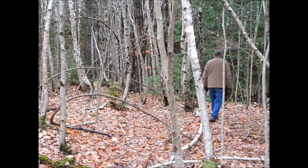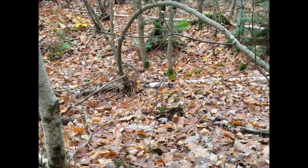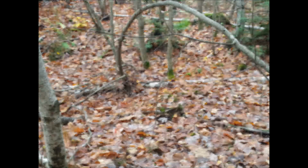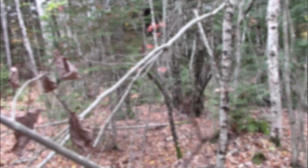And there's Jim giving you a scale of the size of these bends. And you can see where this one was weighted down by the base of that tree. And there's another one there all by itself off to the side. And this is the big one,